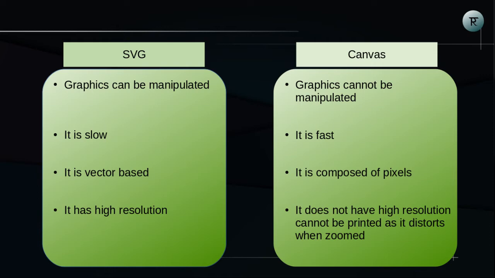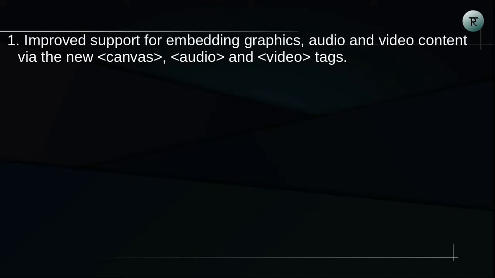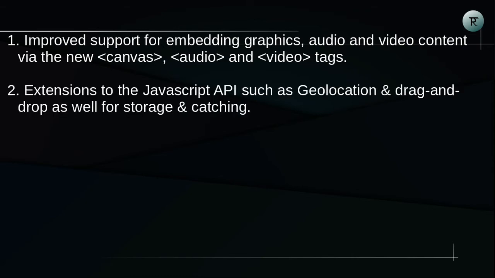We also get this difference as an interview question and answer. People can also ask you what is the difference between SVG and Canvas. So whatever points I mentioned just now, you can note that down. Now audio and video tags. As the tag names say, audio is used for embedding audio and video is used for embedding video, which we will learn in later videos.